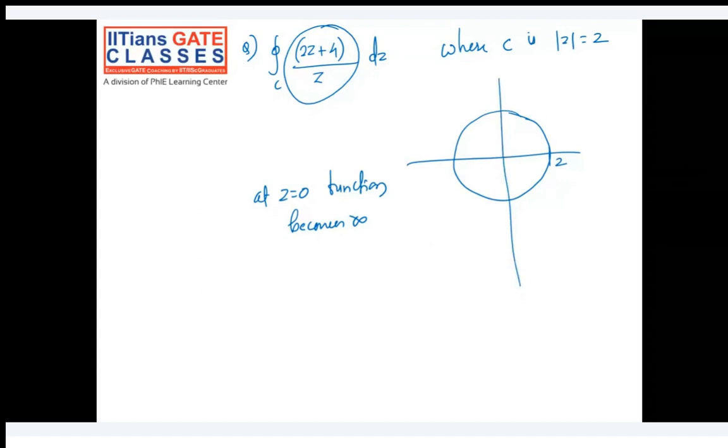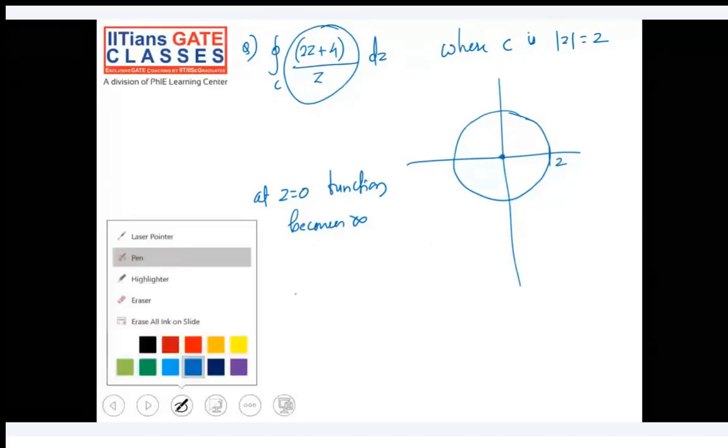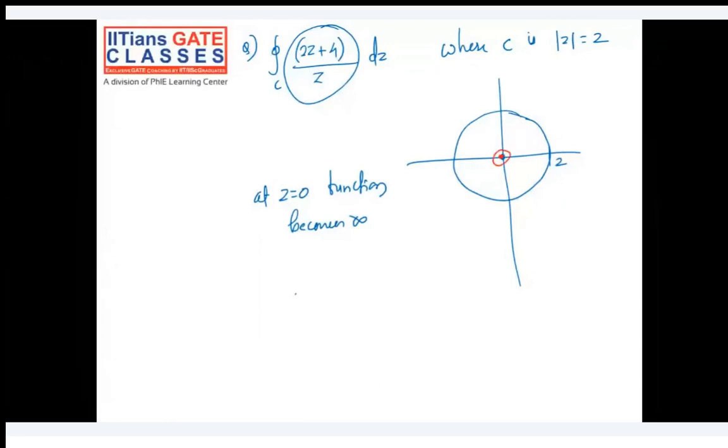Because the definition of Cauchy's integral theorem is: if the function is analytic everywhere within and on the simple closed curve C, then the integration over closed curve C of f of z dz is 0. But here it is not analytic everywhere, because at the center point itself, z equal to z naught, the function becomes infinite. Hence you should use